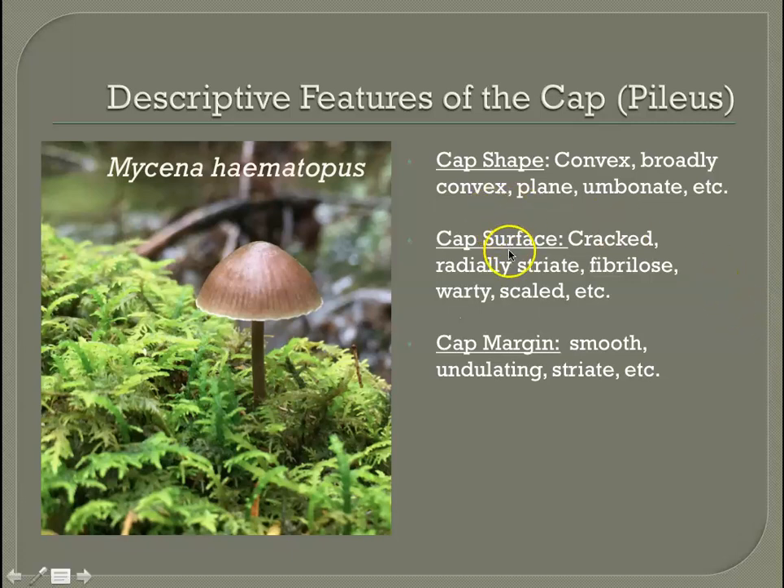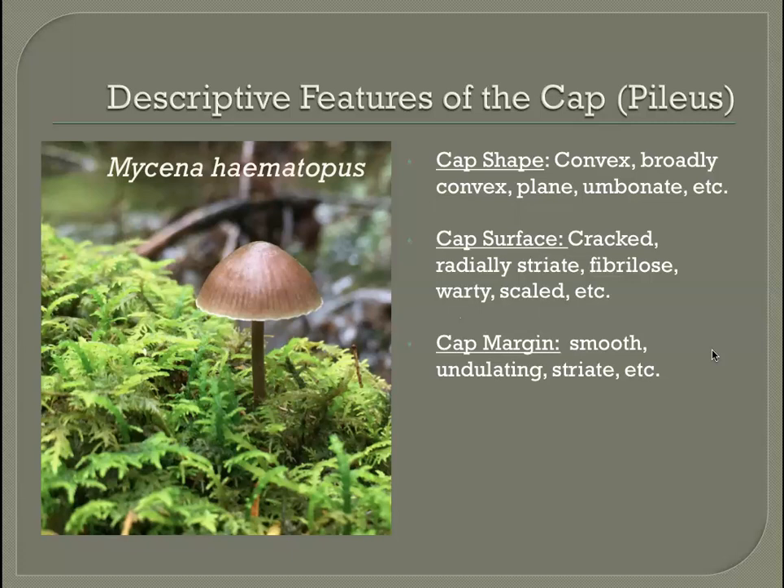And here's something radially striate. What that is, you can see these lines moving around the cap, radiating from the center. These are called striations, and they come in different forms. This is a striation that Mycena will present. And of course the texture of the cap, as I said before, if there's any surface scales or warting, also